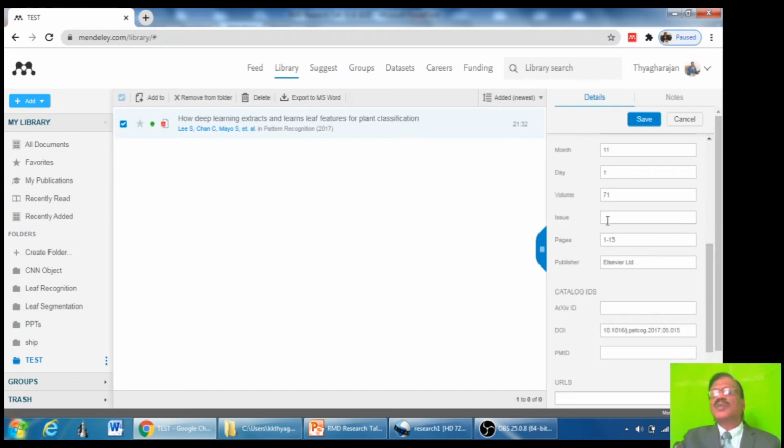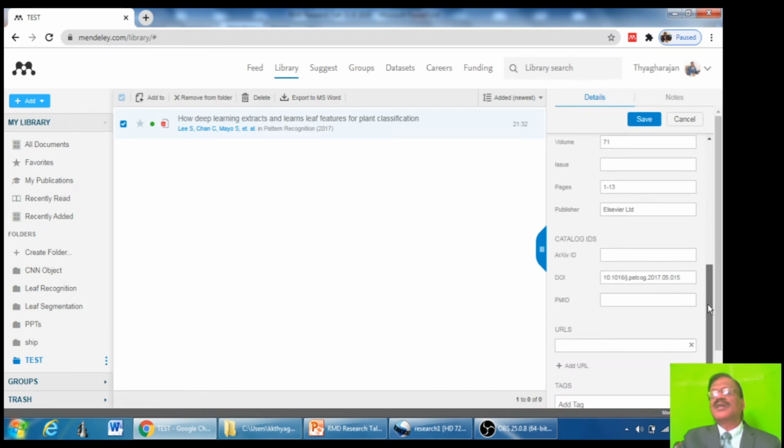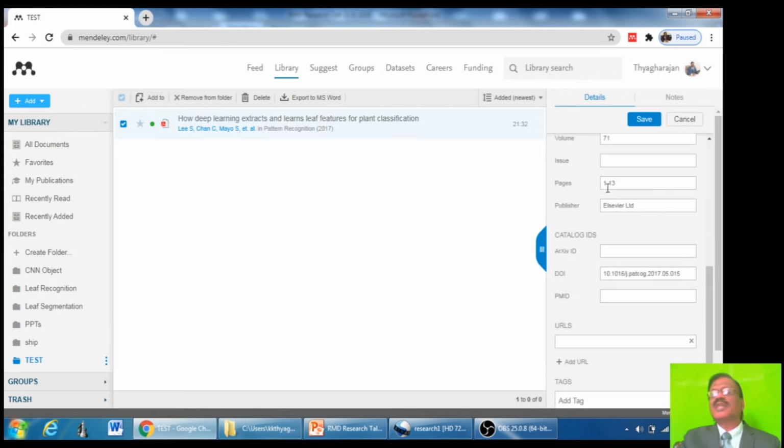Actually, issue number is not provided here. If you want, you can add that issue number if you know, and you can save it. Then pages, number of pages, those things are also given. Page numbers are given. Then publisher is Elsevier Limited.